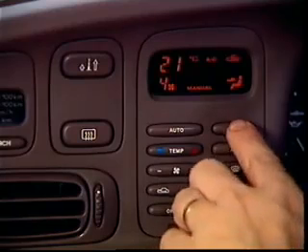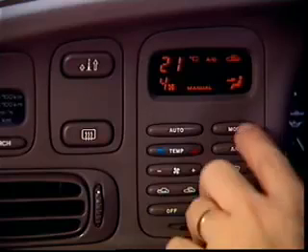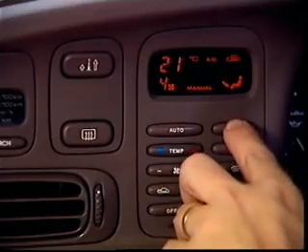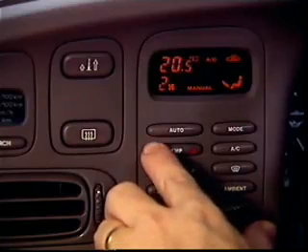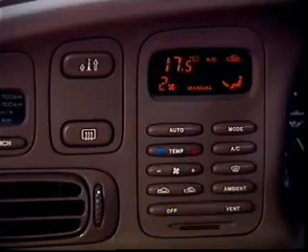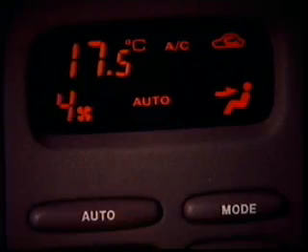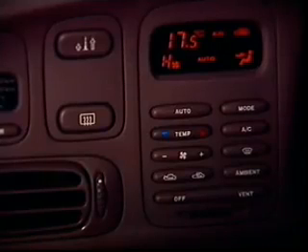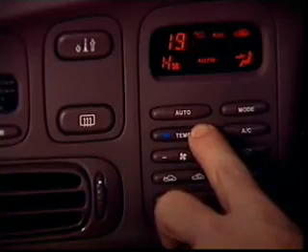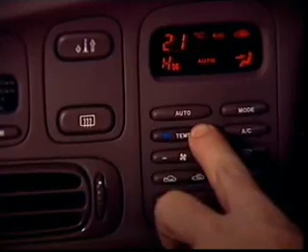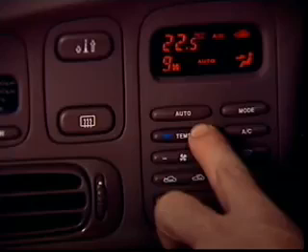The climate control system can be operated in manual mode, where the operation is similar to a normal heater and air conditioner system. The driver determines where the air is delivered, the volume of air delivered, and its temperature. Or it can be operated in full automatic mode. In full automatic mode, the electronic control unit receives signals from sensors and controls the flaps and valves of the heating and air conditioning systems to create a blend of air that matches the temperature that is selected by the